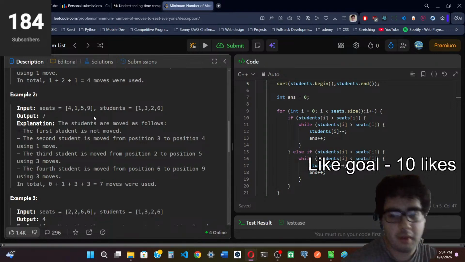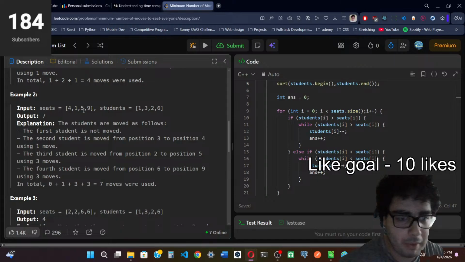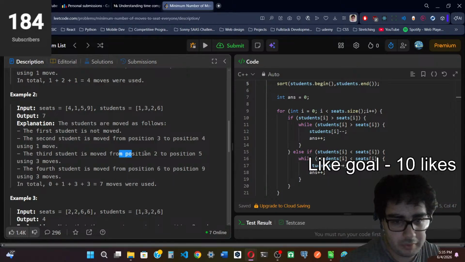That's not optimal. So in greedy problems, we take the best option which we have at the current moment. The best option right now would not be to increment 3 by 2 to get 5, or by 6 to get 9. It will be to increment 3 by 1 to get 4. Okay, then the third student is moved from position 2 to position 5 using 3 moves, so we increment 2 by 3, and that gives us 5. And then finally, the fourth student is moved from position 6 to position 9 using 3 moves, because basically if we add 3